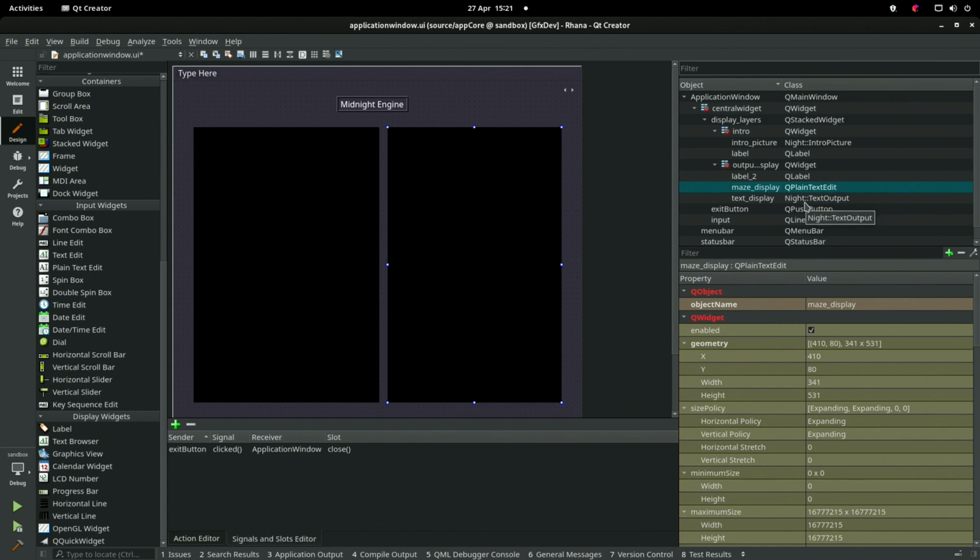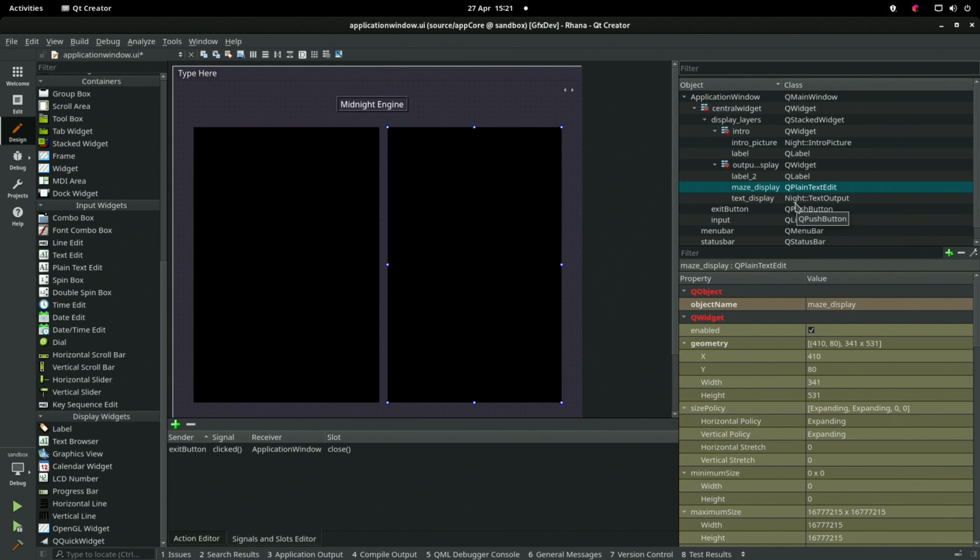A copy of night text output. So we need a copy of that file. Okay. And then we can send it through to there. Are we going to give ourselves a maze name space? I think we should.